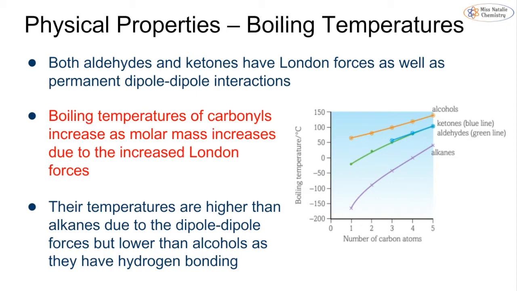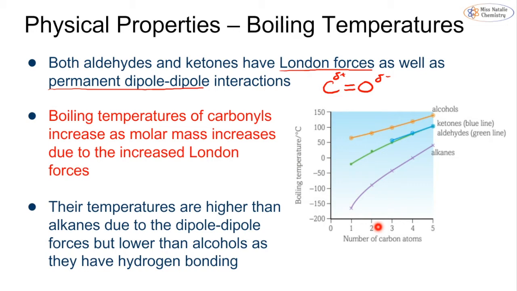When we're looking at the boiling temperatures, these are, of course, simple molecular substances. So their boiling points and their melting points are going to be controlled by intermolecular forces. Because they have electrons, both aldehydes and ketones have London forces. However, they also have permanent dipole forces. And this is mostly because we have this polar bond in the carbonyl, and that gives us these permanent